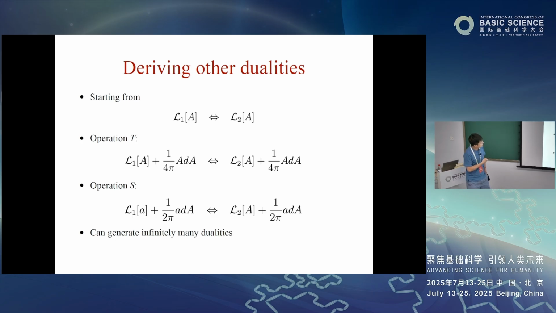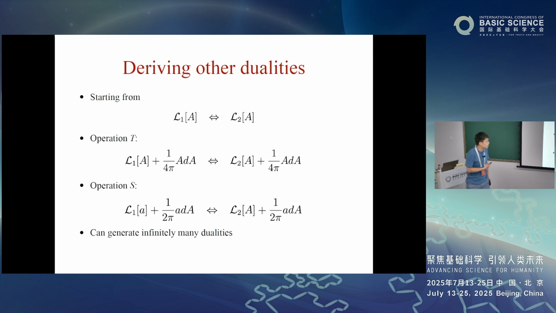One operation, which is sometimes called T, is that you just add a Chern-Simons term to both sides. By the way, I'm assuming that both theories are fully gauge invariant, with no anomaly involving the U1 and so on. Also, adding a Chern-Simons term with integer coefficient is fully gauge invariant. Everything is completely legal. And then there's the more non-trivial operation, which is called S, which is essentially to gauge this